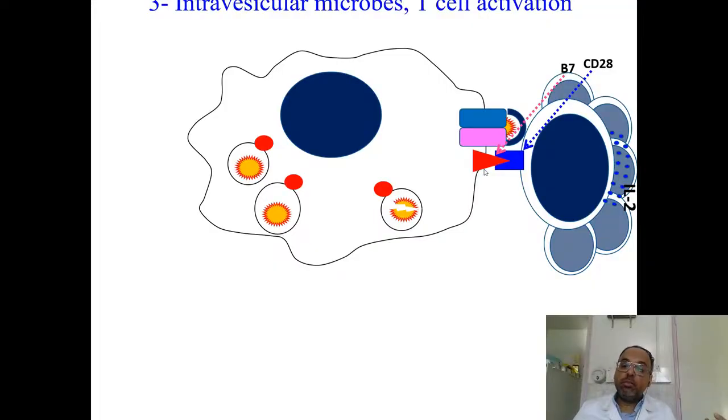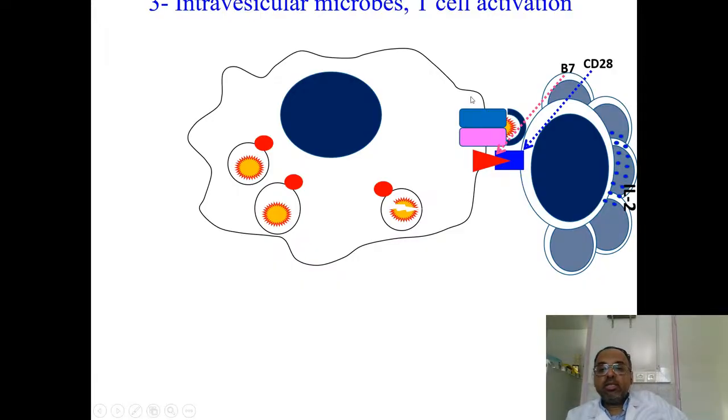So a lot of T cells will be generated, and all of those T cells will have exactly the same receptor for the same antigen that you're seeing here. These T cells can go around and bind to other antigen presenting cells, or to the other MHC molecules which are present at the surface of this macrophage.